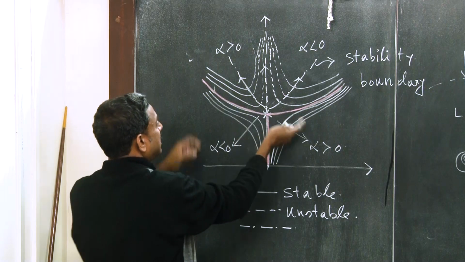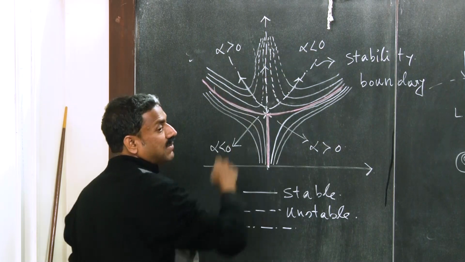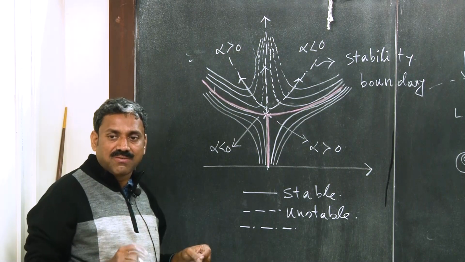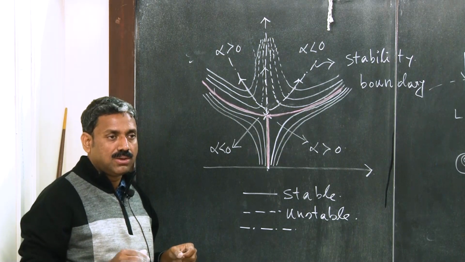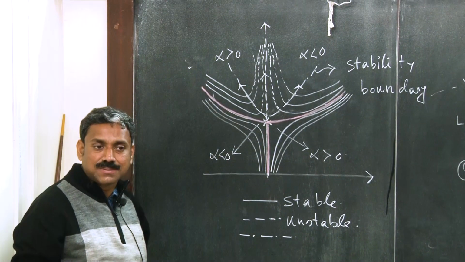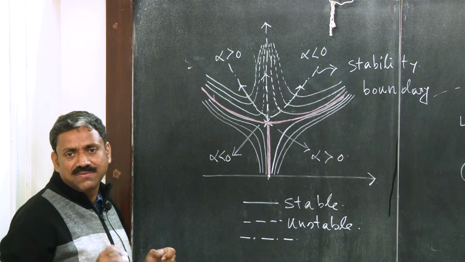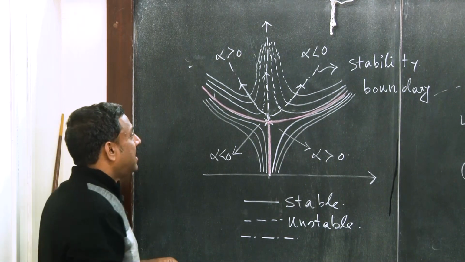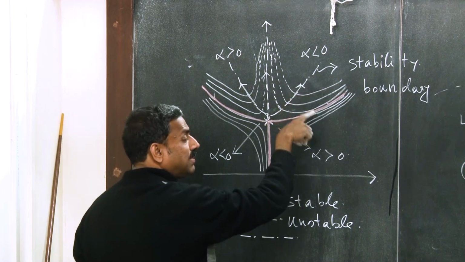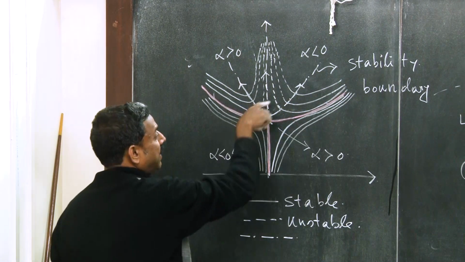Now at the top, these are basically reversed. This is alpha greater than 0, alpha less than 0. Now you may wonder how I am obtaining this. You put in some numerical values and use some plotting software, and then you plot it, you will get the same thing. Take typical values of that. But one important thing you must understand is that stable and unstable regions are separated by the boundary,